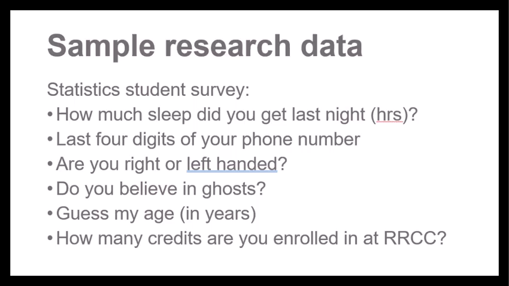The last four digits of your phone number. I mentioned before that phone numbers are numbers, but they're not numerical data, and same here for the last four digits. The result will be a number, but really it's just a label. It's just like a code that's associated with a person. It wouldn't make sense to add those numbers together. It wouldn't make sense to take the average of students' phone numbers or anything like that. So that would be categorical data.